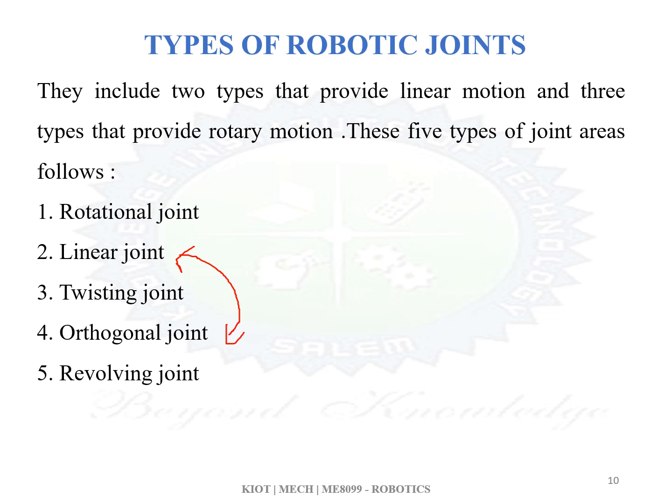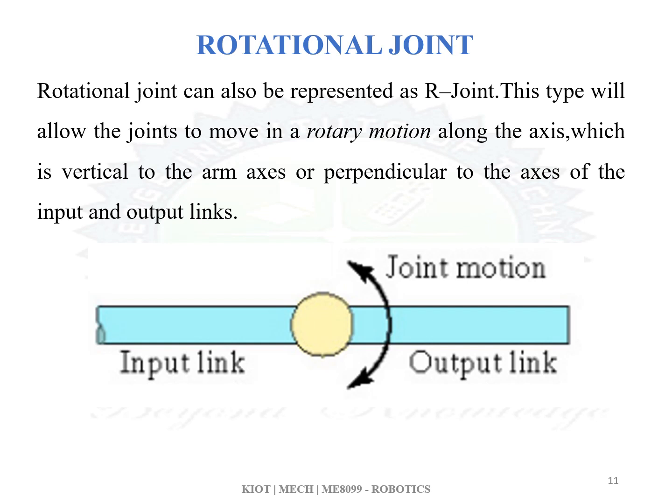Let us see. First one is the rotational joint. Rotational joint is simply represented by the capital letter R. These are called joint notations, and you have to remember all these joint notations. The kind of motion this rotational joint offers is a rotational motion, and that rotational motion is in this format. Here is your input link, and here is your output link. This output link is the link which is going to perform the desired operation. The rotation happens in this manner. See the arrow, and the rotation is going to happen in this manner.